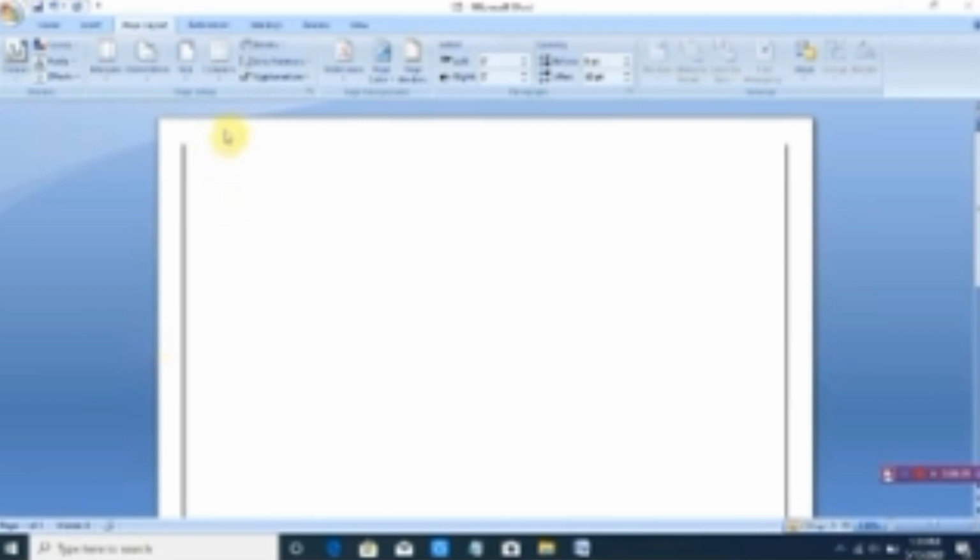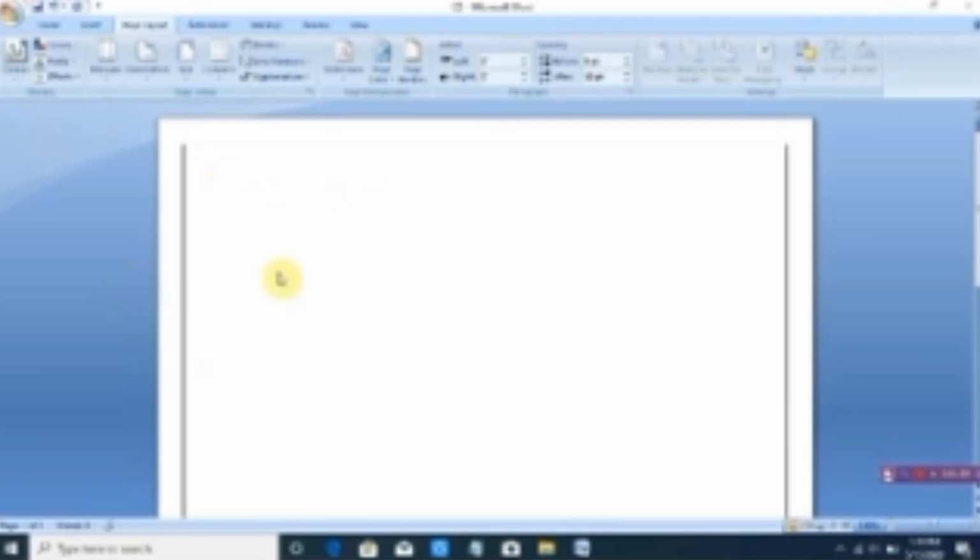Okay, so the size will be fixed if we are not going to change it, and it will be the default. We can change the settings of the page like margin, size, orientation, etc. Now let's see how we can change the page size, margin, orientation.